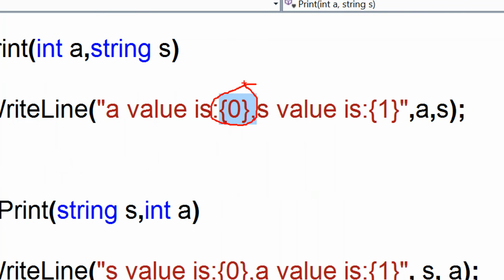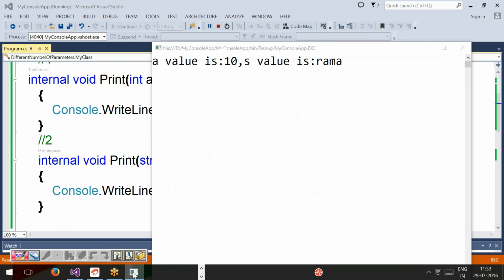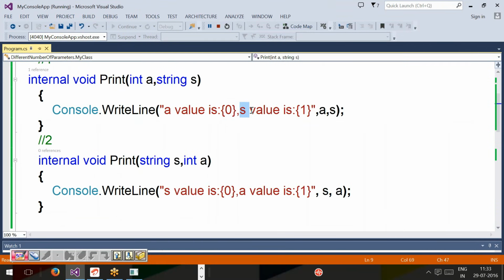Zero is a placeholder, the index. You can say it's the subscription operator. Other than this, you can say it is an assignment operator or whatever it is. But remember, 0 is nothing but the index value of A, meaning the first variable. 1 is the index value of the second variable. So instead of this, it will print the first variable value. A value is, the first variable value is 10, comma, S value is,